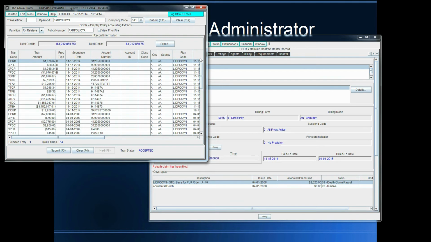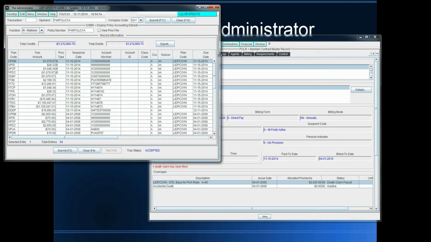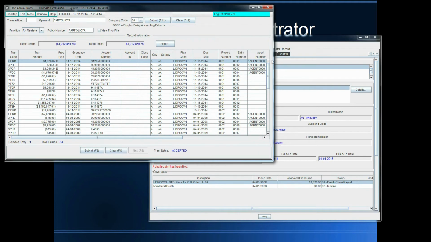But what we're really looking for at this time is the accounting that would have been generated just now when I did process the death claim. And that accounting is showing up first on this screen. Everything that you see here with a record number of 1 is the accounting that would have been generated by the death claim process. So you can see the back out of the prorated unearned premium, a little over $1,000,